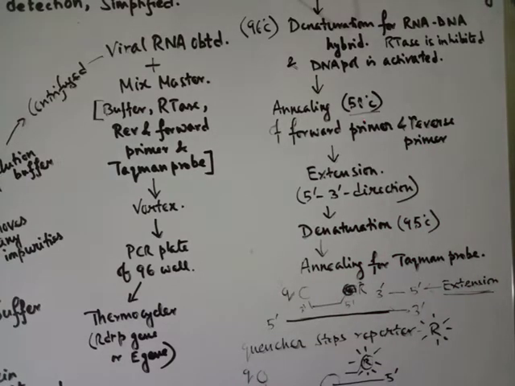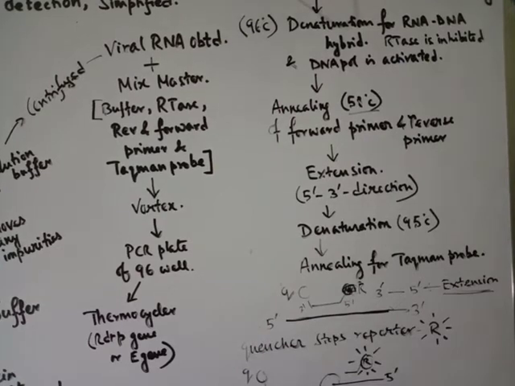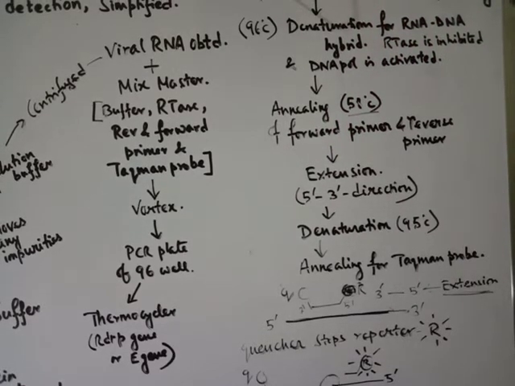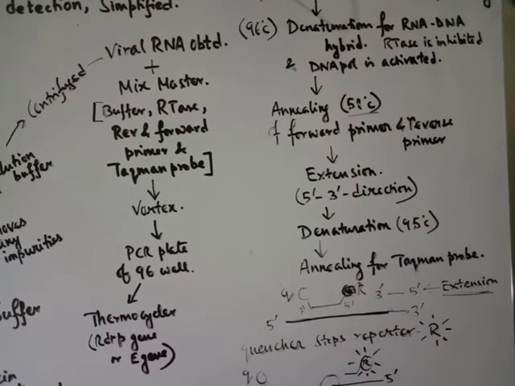So actually these steps occur not only once or twice, they occur multiple times, and after that we will have a very high amount of extended DNA, from basically the original DNA we have obtained from the RTS. Now this DNA is then further treated, or I must say that the annealing is done with the help of